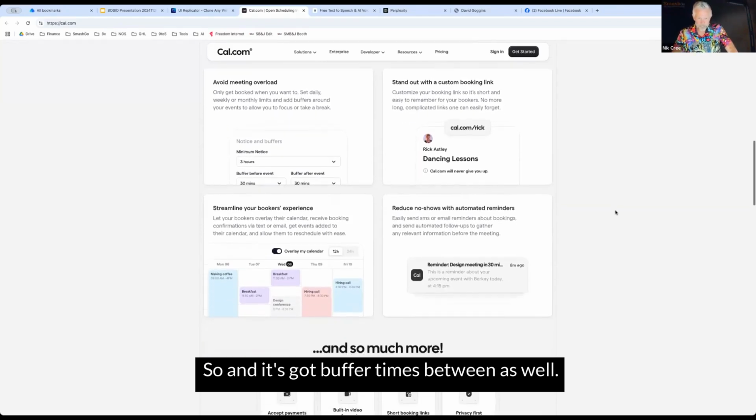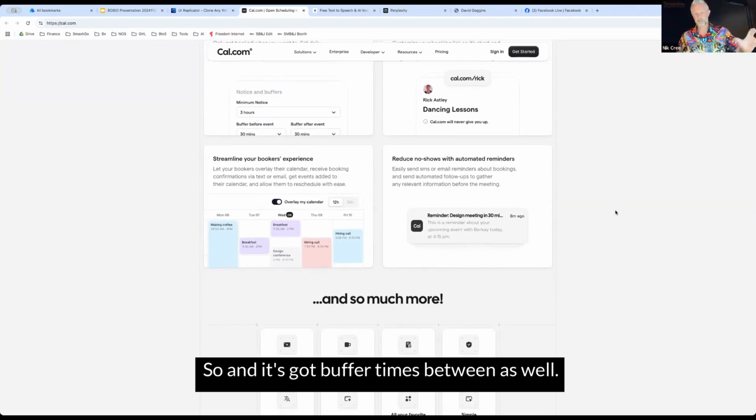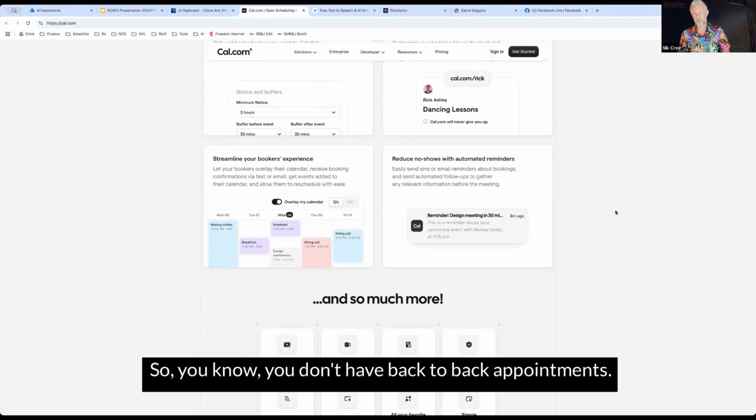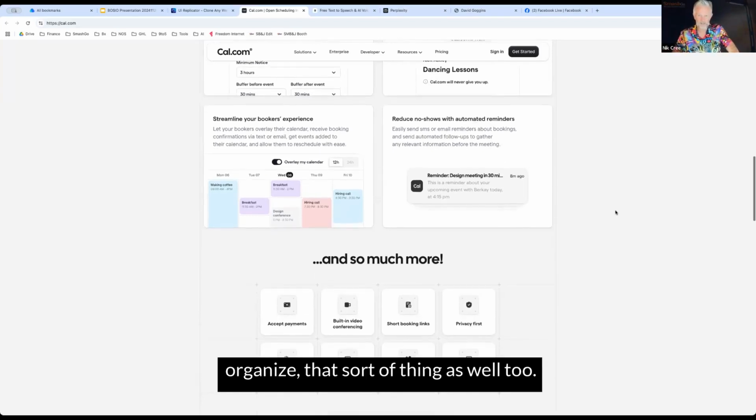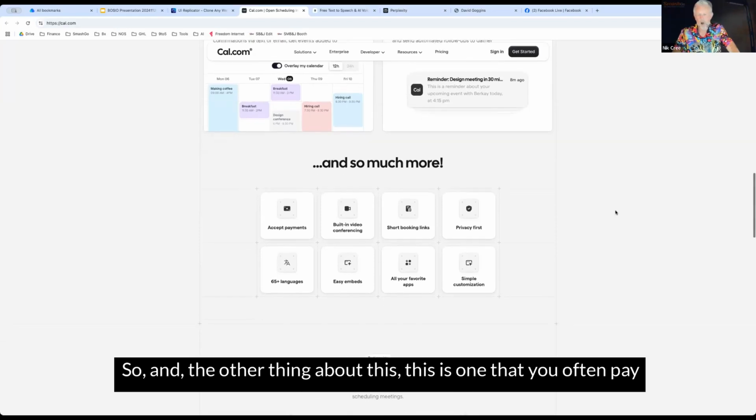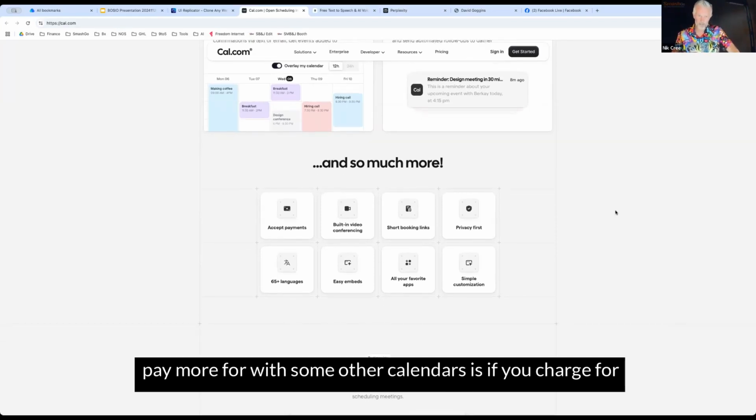And it's got buffer times between appointments as well, so you don't have back-to-back appointments. If you want an hour's gap between appointments, it will organize that sort of thing as well. So, the other thing about this is one that you often pay more for with some other calendars is